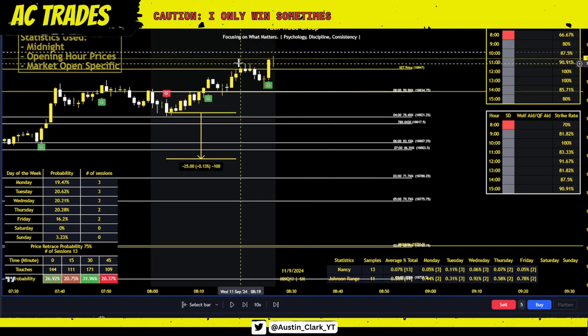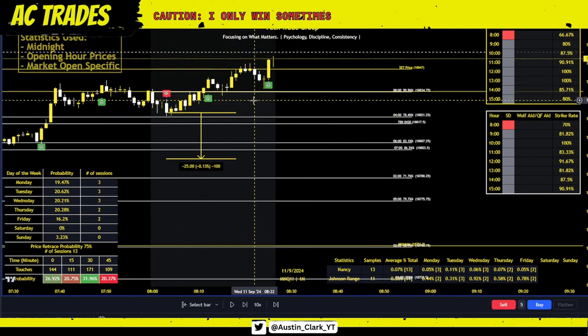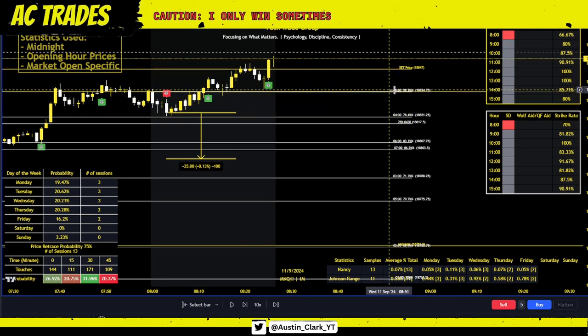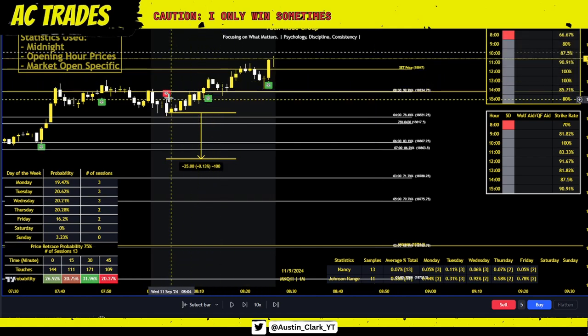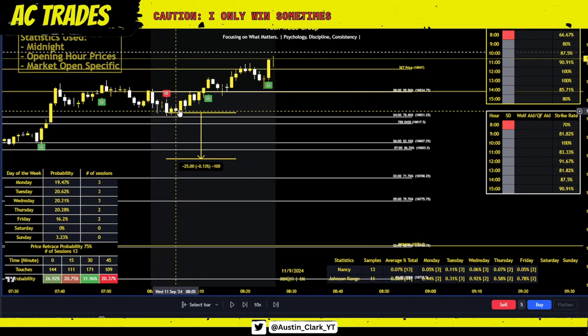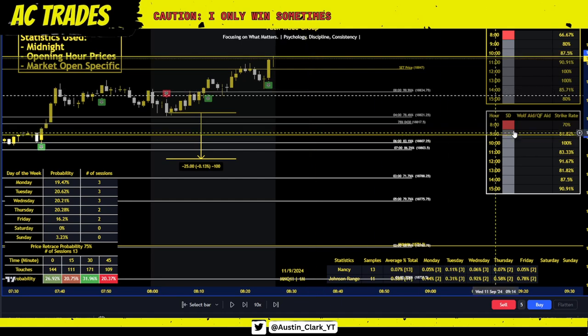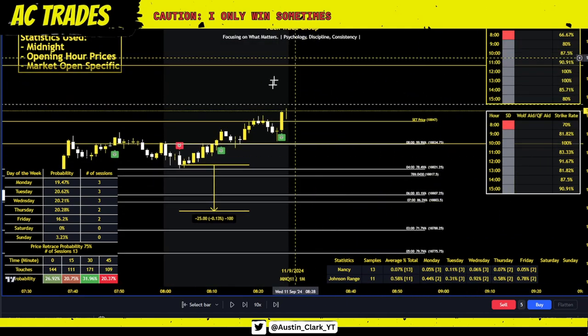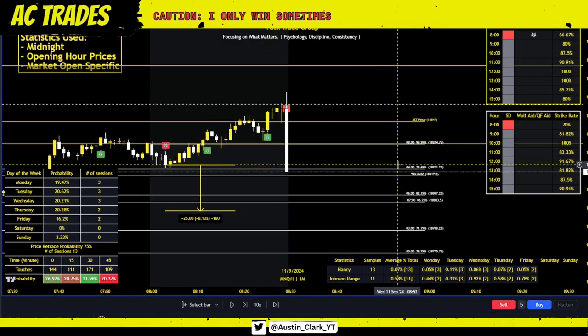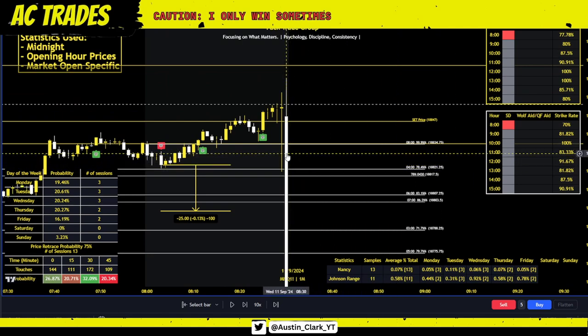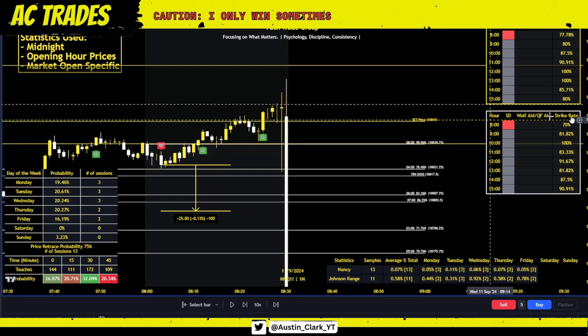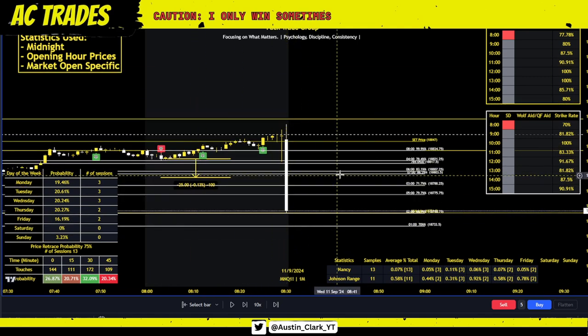Okay? So in a situation like this, and this is why I wanted to highlight it, look at this. We had an 8 o'clock, 99% probability of dragging price at least up to here. At least up to here. And that's exactly what happened. We took a short here, instantly went into drawdown, came up into this footprint that we drew from the 1 hour footprints, and then within minutes, because I think this was PPI, right? If I'm not mistaken, we hit full take profit, and look at what happened with the news candle.